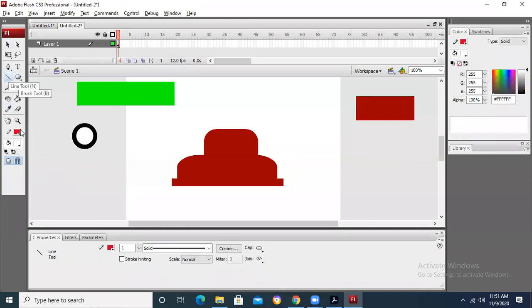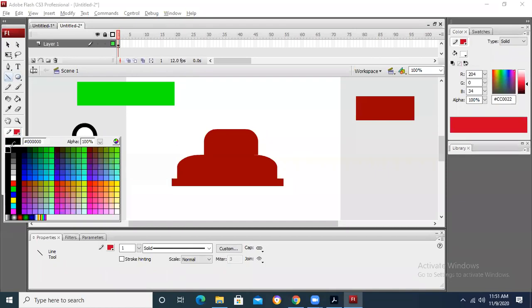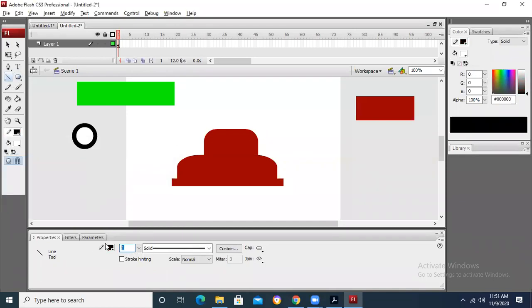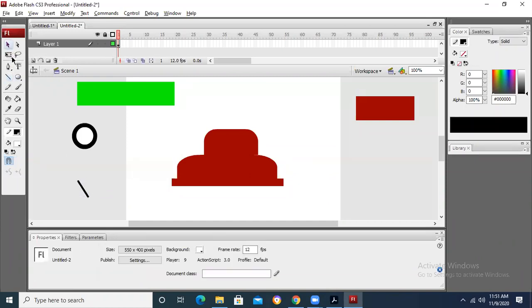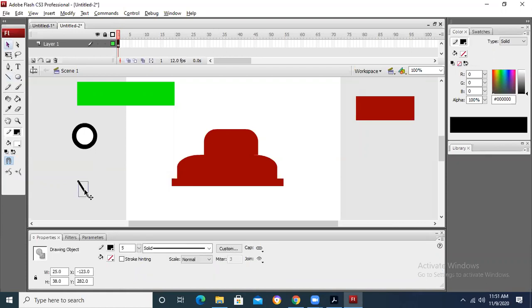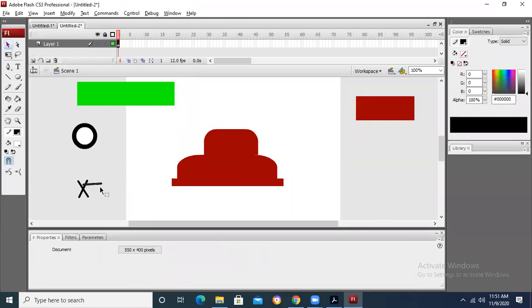Now I need to have a black color line. Inside lines, I make it of 5 points. I draw one line. Break it apart. I can make copies of these lines. How can I make copies? I had told you this thing. How can I rotate? We can rotate it in this way, by taking the rotation tool, which is basically done by the free transform tool. Okay, fine.